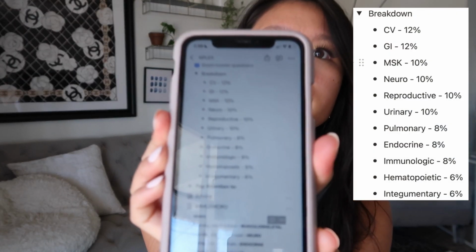Then for the USMLE, it really helps with the Dr. Clow sessions. So some exams are different than others. I know some NPLEX exams are really heavy in biochemistry, or some are really heavy in embryology. I felt like our exam, and I've talked to some other people, was not heavy in a certain area. It was very well evenly distributed, but I've heard pretty much all the other exams have been more heavily weighted in some areas, or maybe that's just perception, I don't know, because they give you this specific breakdown of